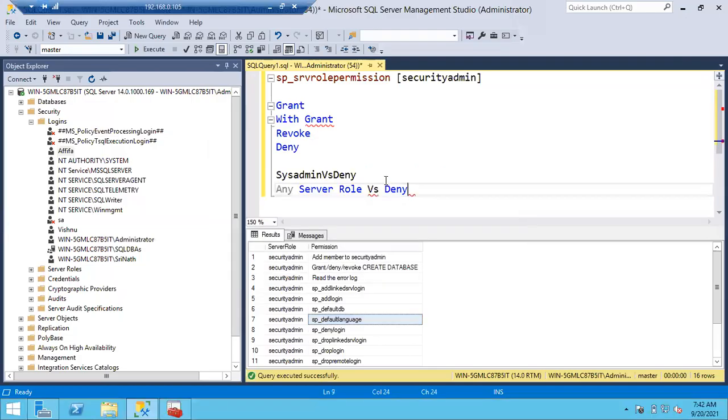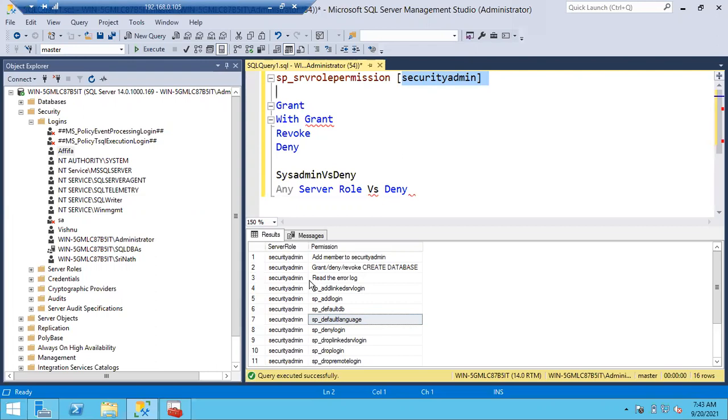Okay. So if you like it or if you don't like it, security admin means these are the 16 permissions. You cannot add permissions to these 16, and you cannot remove permissions from this list of 16. So these are called fixed server roles, but we can do a customization.